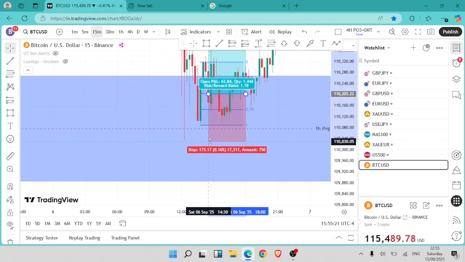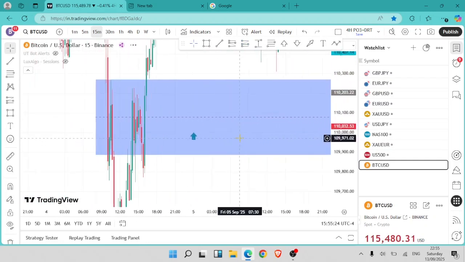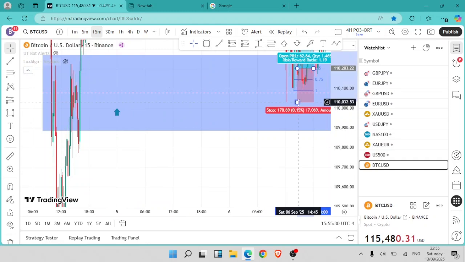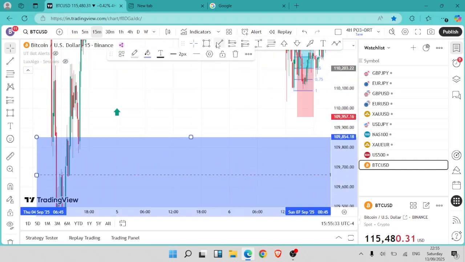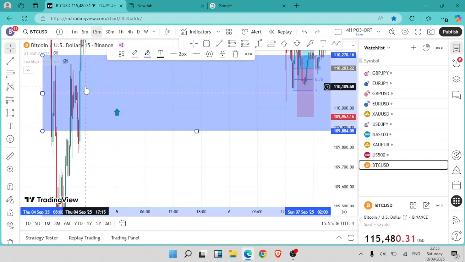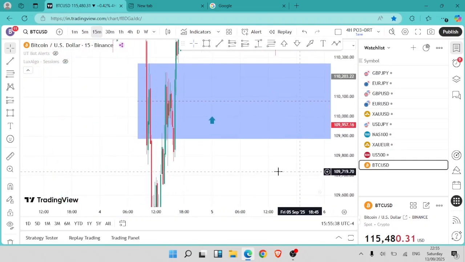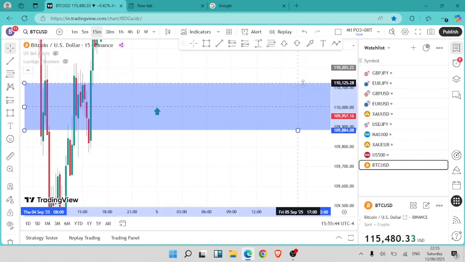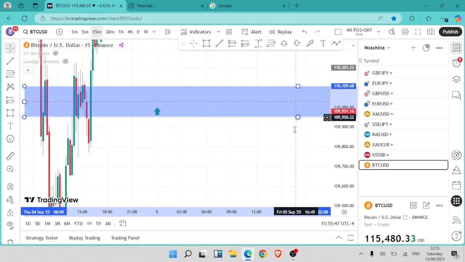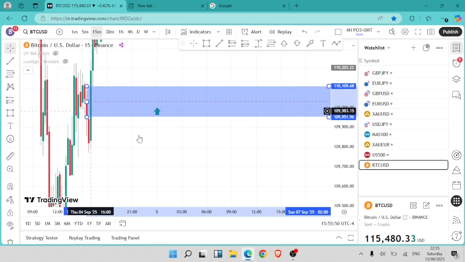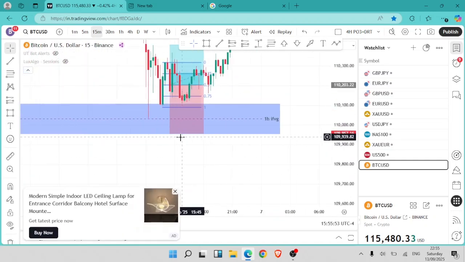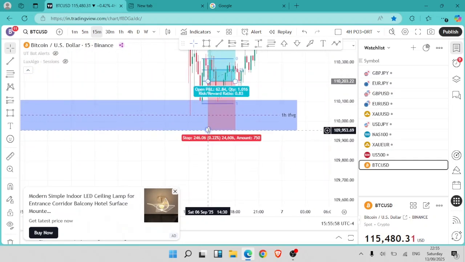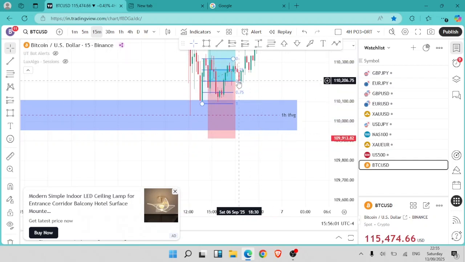The stop loss can be below this wick, or we can come to the lower time frame to refine the stop losses. Can also put it there, because now we have a fair value gap that price has just reacted off. And if you look at it, this is refining it further, you have this fair value gap right here. So this is now a much finer model to take an entry in. So with that, stop loss just below this fair value gap,